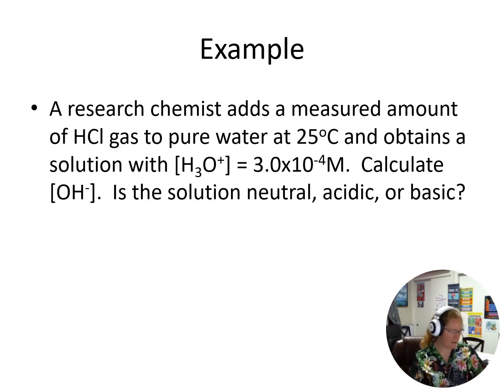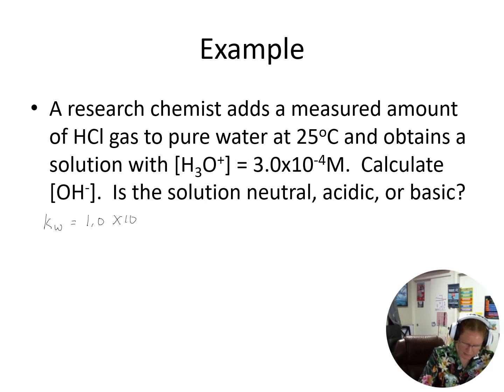All right, so I've got a research chemist who is adding some hydrogen chloride gas to water at 25 degrees Celsius. We've got a solution with a hydronium ion concentration of 3 times 10 to the negative 4th. All right, so we need to figure out what that hydroxide concentration is. So again, we have our Kw is equal to 1.0 times 10 to the negative 14th, okay? And that is equal to